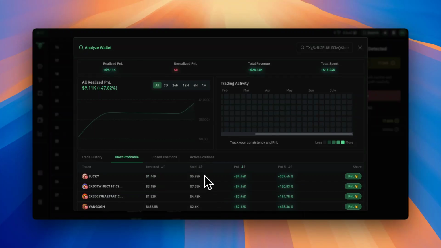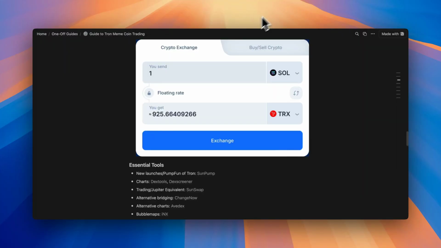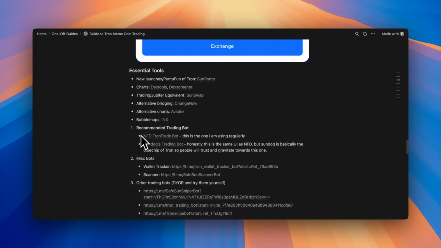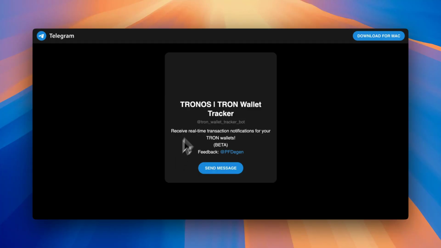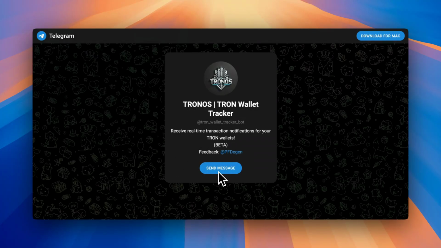I mean that's great. So what I would do is go ahead and copy the wallet, and then in my guide here, I have this bot called Tron Wallet Tracker Bot. It's a wallet tracker. When you open it up, it'll open the bot in Telegram. So go ahead and send it a message to activate the bot.